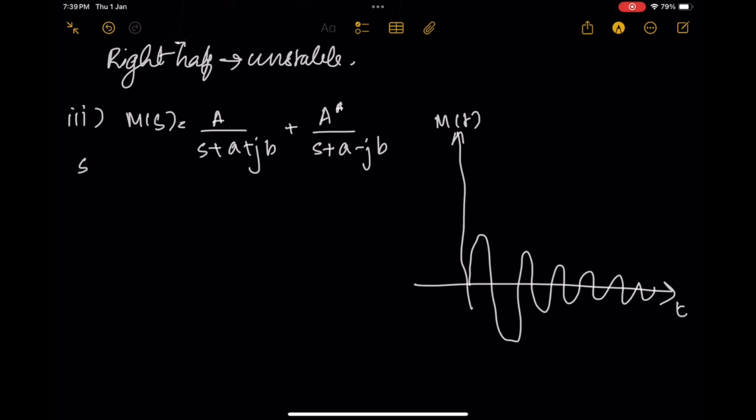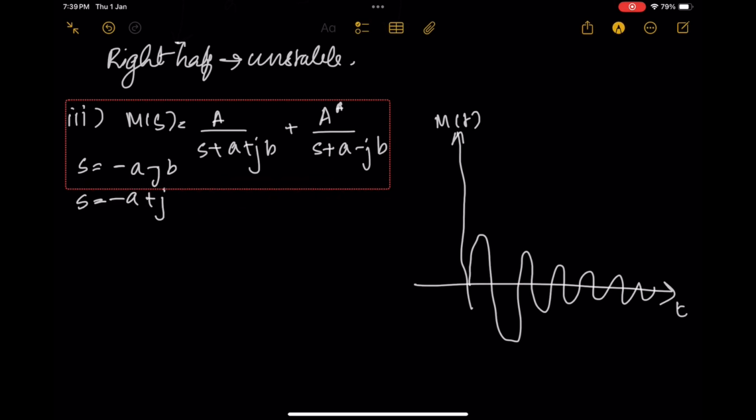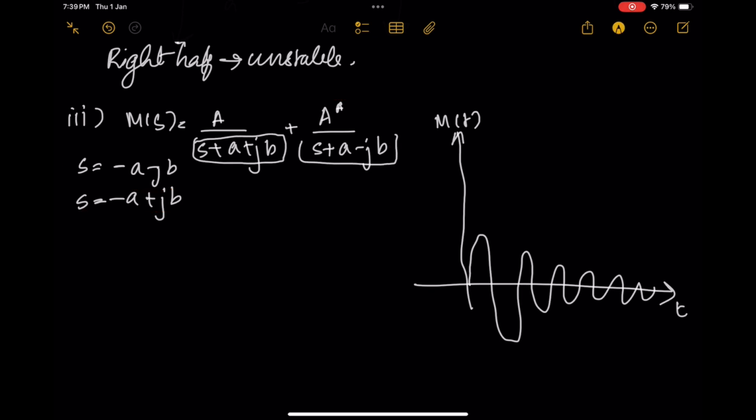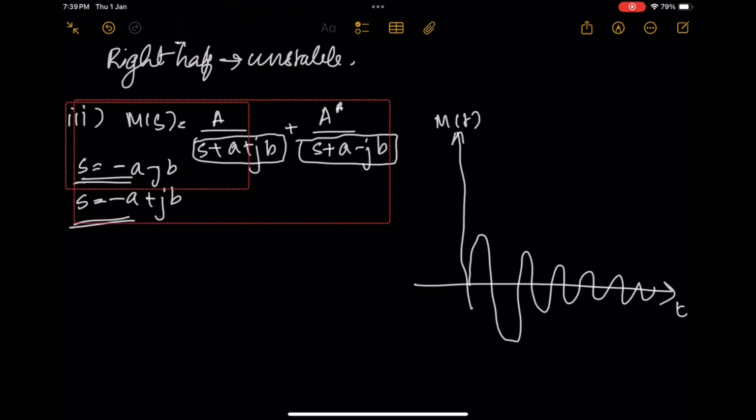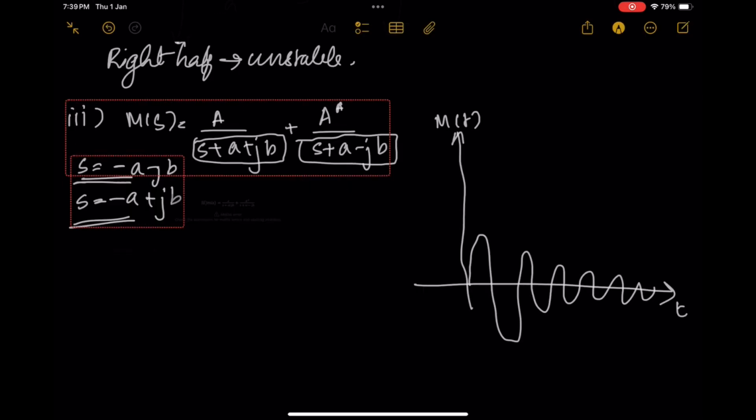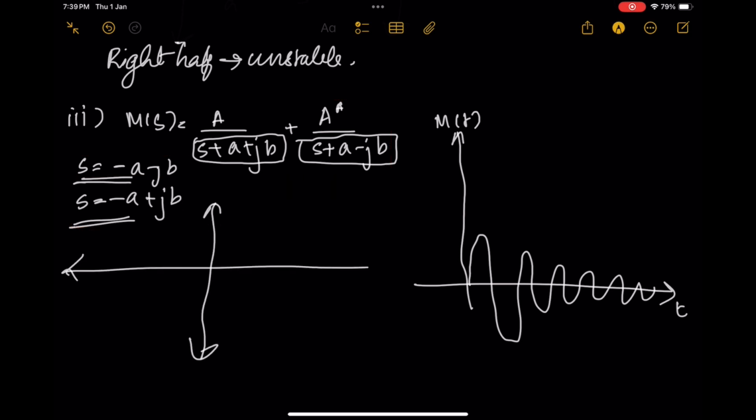Its poles will be basically s equal to minus a minus jb and s equal to minus a plus jb. Right, if I equate this value to 0 and this value to 0, I'll get two values of s, and these are just two values. Okay, so on plotting these two on a graph